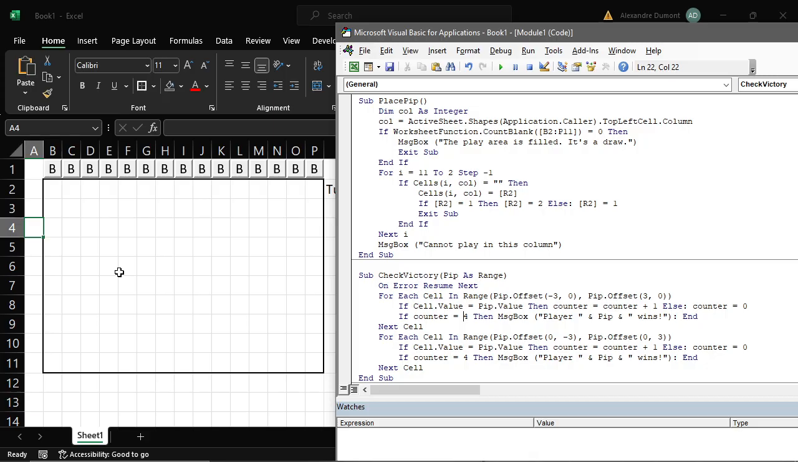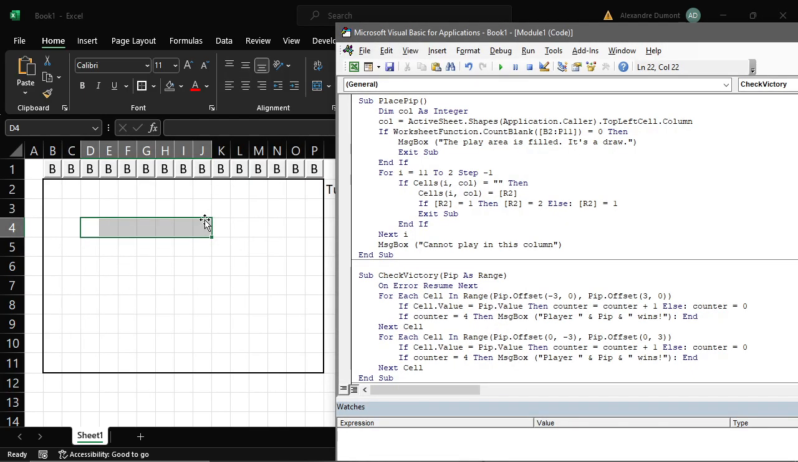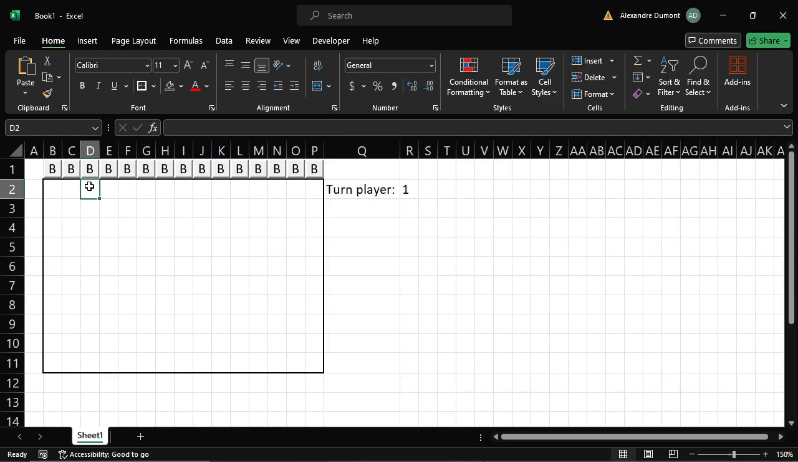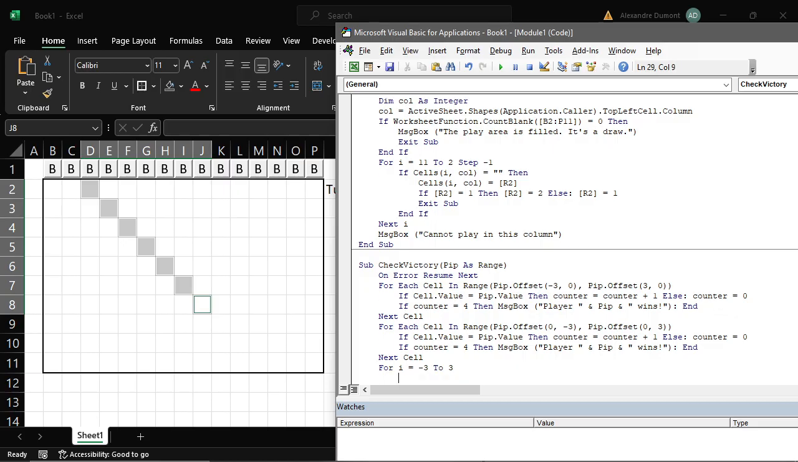So we have a sequence of 7 cells, and we say if we find in here 4 pips in a row with the same value, we win. The problem is with diagonals, because Excel is not very good at handling diagonals, unfortunately. So the way we're going to do that, we are going to have to do 2 nested for loops. For I equal minus 3 to 3, for j equals minus 3 to 3,